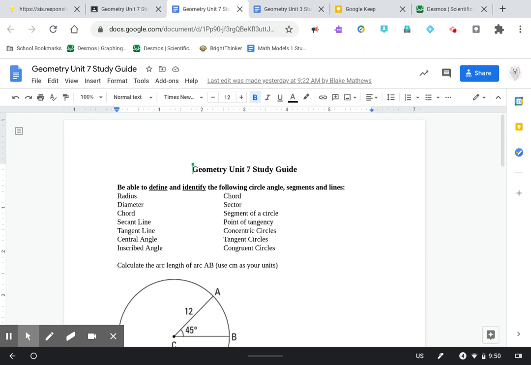All right, this is the Geometry Unit 7 review video. Not much to really go over because so much of the test is vocabulary and identifying the parts of the circle. So I've got a list here at the top of the study guide. It says here you need to be able to define and identify. That means you need to know the definition from the unit for the following terms. And then you also need to know what they look like, meaning you need to be able to look at